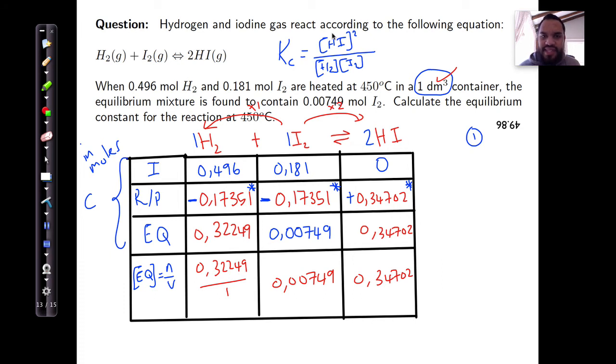Now to calculate Kc, you're going to take the formula that you've written out here, and I'm going to do that in a black pen. You get usually between 5 and 6 marks in an examination for this table. And then finally, Kc is equal to HI to the power of 2, its equilibrium concentration, divided by H2 times I2 in a ratio to the powers of 1. Now, this last part is 3 marks, 1 for the formula, 1 for substitution, 1 for the answer. And I'm going to say that is equal to